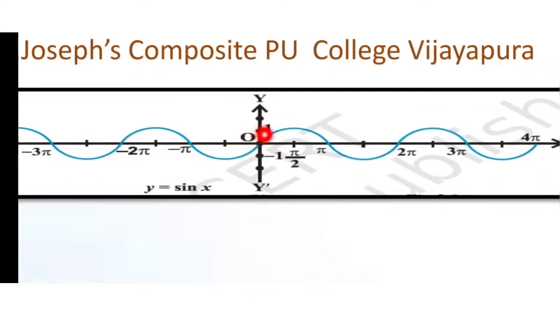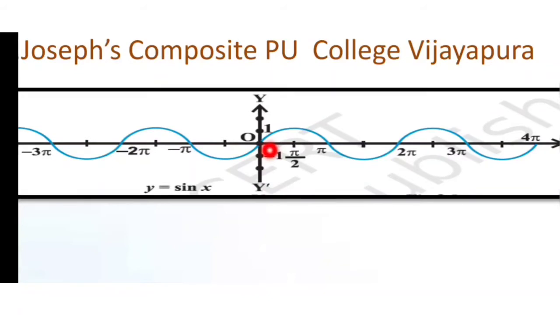When we plot the graph for more values of sine, we get a graph of this type. The function gives a maximum value of 1 and a minimum of minus 1. So the range of the sine function is the closed interval minus 1 to 1. And what is the input? From the definition of the sine function, the domain of the sine function will be all the real numbers.